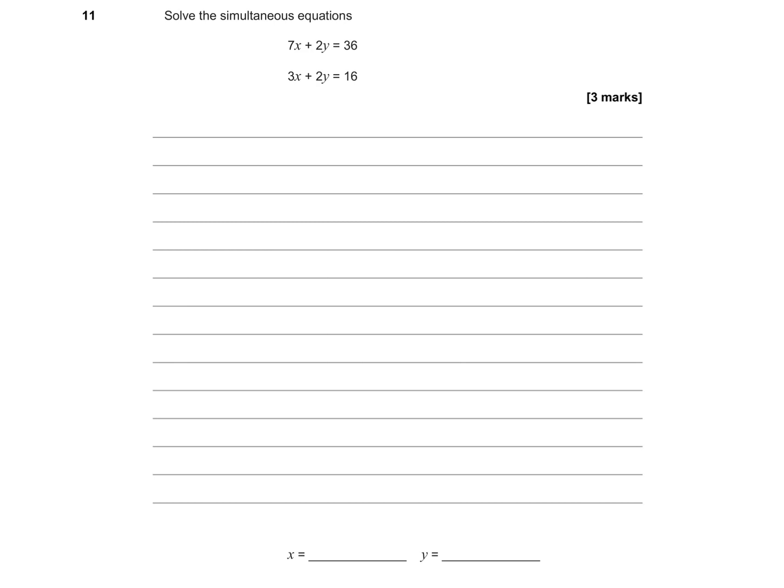Question 11, solve the simultaneous equations. And how nice are these simultaneous equations? So we're either looking to add them together or subtract them. Now we're only going to subtract them if they're exactly the same sign and symbol and everything. So we've got 7x plus 2y is equal to 36 and 3x plus 2y is equal to 16. Now I see a 2y and another 2y. Those are exactly the same, so I'm going to go ahead and subtract these equations to get rid of the